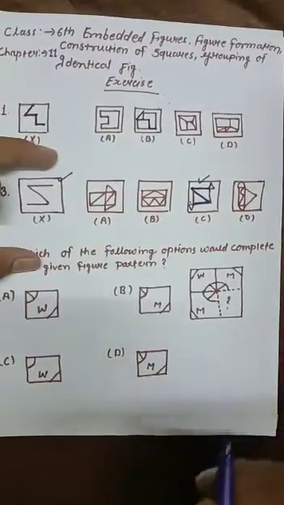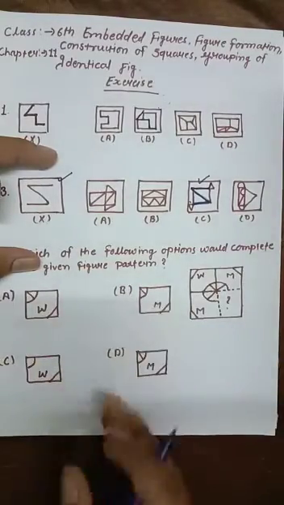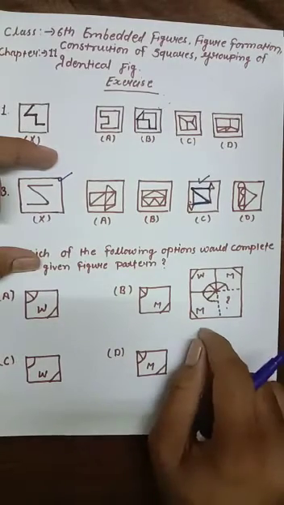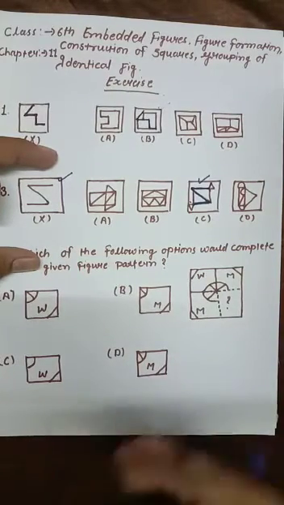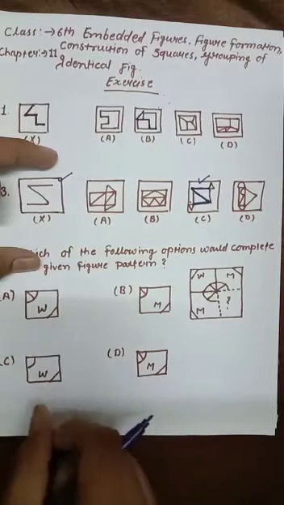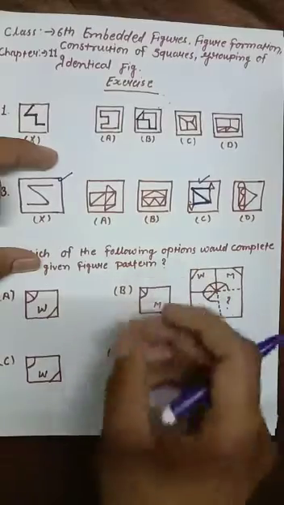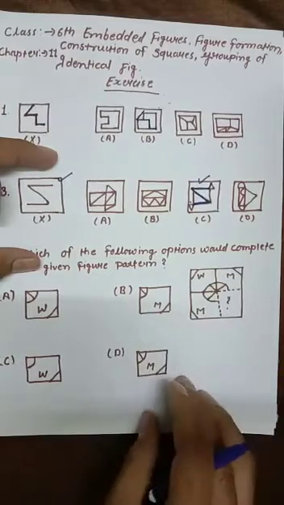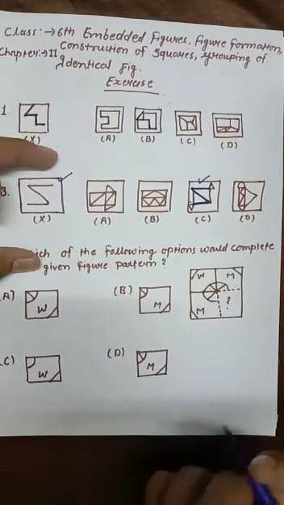So first of all understand this thing. If we are completing any figure by picking the options, maybe A, B, C and D, we have to remember the important thing, that a certain kind of logic will be going on, and on the basis of the same logic we have to pick any option. We cannot straight away pick that. Suppose you are thinking let B should be here, let D should be here. No, you can't pick like that. You have to apply the logic which is already going on in the question.